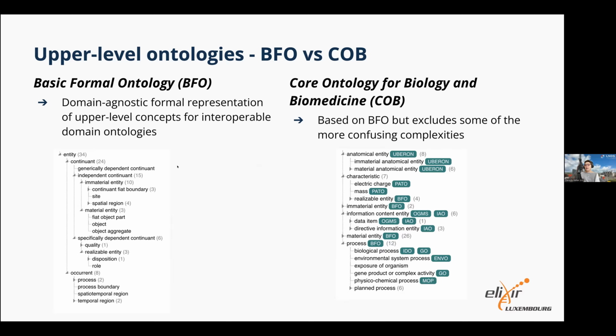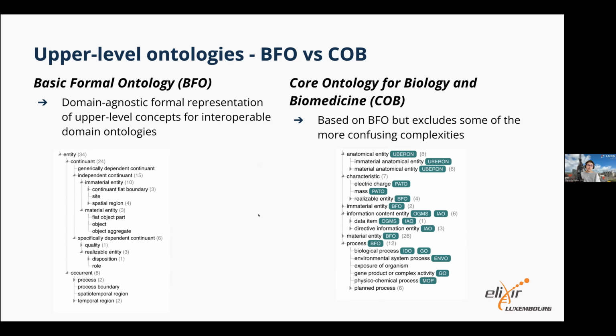I spent a little bit of time on BFO a few years ago, just because I'm a nerd, and I still don't understand what the continuant fiat boundary is supposed to be and what I'm supposed to do with it. So really, normally we focus on things like material entities, which includes sites, so immaterial material entities, and then we put other things under it, qualities and so on, and we don't particularly worry about the really philosophical concepts, which are quite obscure.